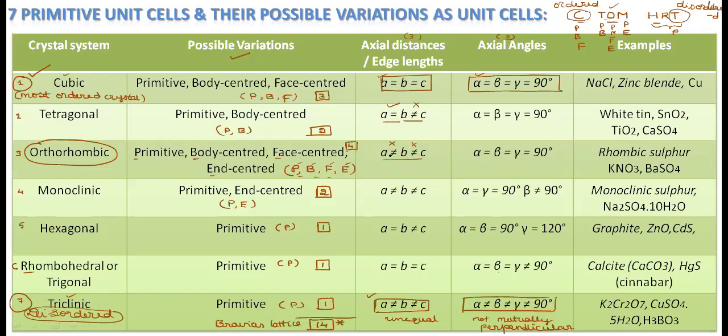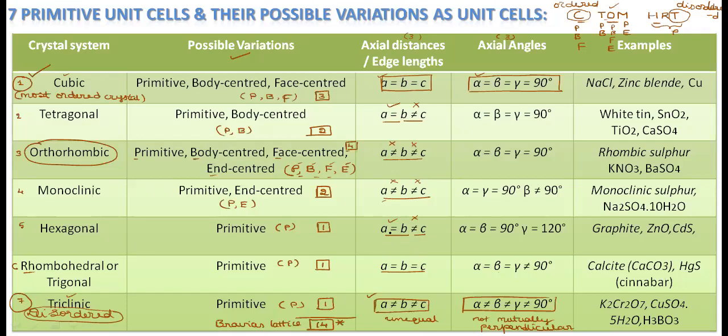Then you go with the same order in reverse. Now for the next one, all are unequal again, a not equal to b not equal to c. Then a equals b and b is not equal to c. Then all are equal, a equals b equals c. That means you come from above in the same way: a equals b, b is not equal to c; here all are unequal. Try to go in the same way in reverse order.